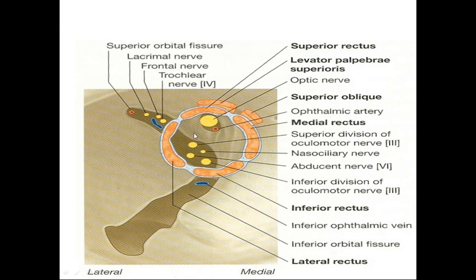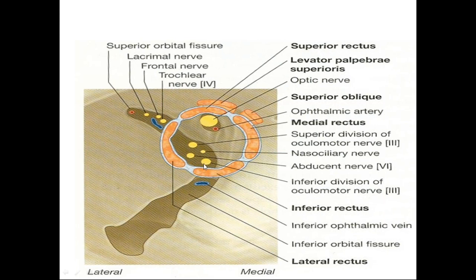Very important is the optic canal is a circular opening which transmits the optic nerve along with the ophthalmic artery. Then this comma-shaped superior orbital fissure is divided by a common tendinous ring, a ring from where all the recti take their origin, which divides the superior orbital fissure into three parts. This is medial part, intermediate, and lateral part.